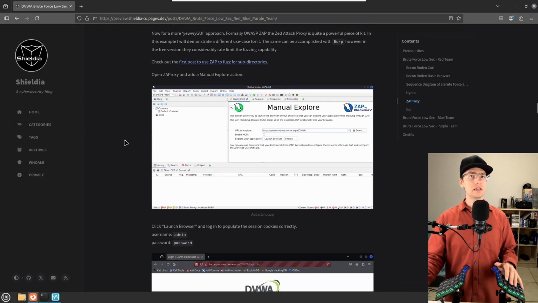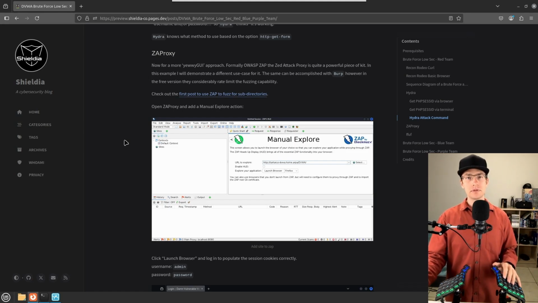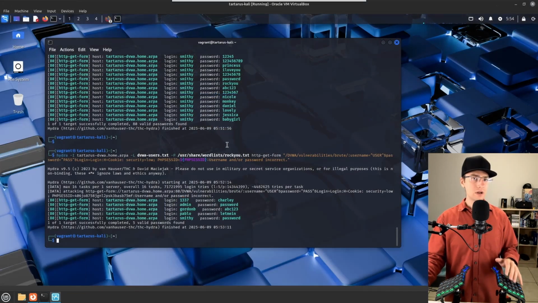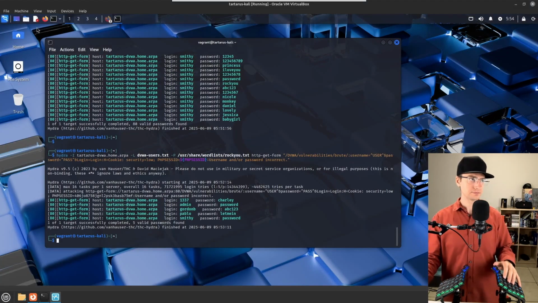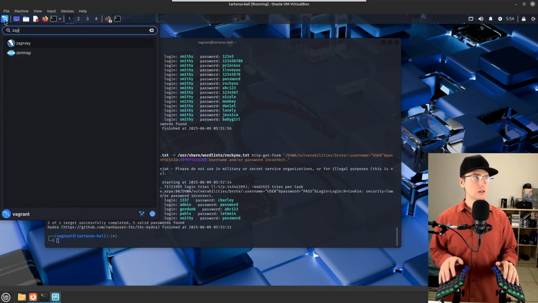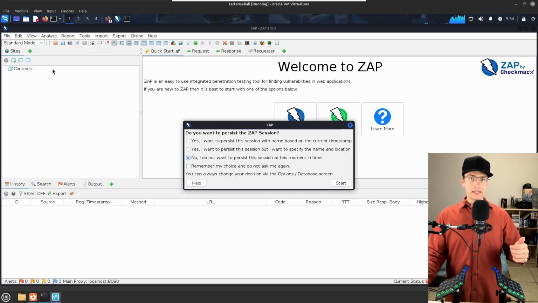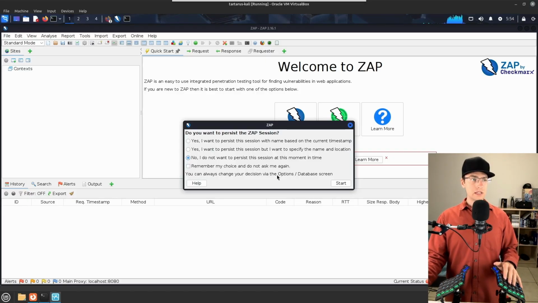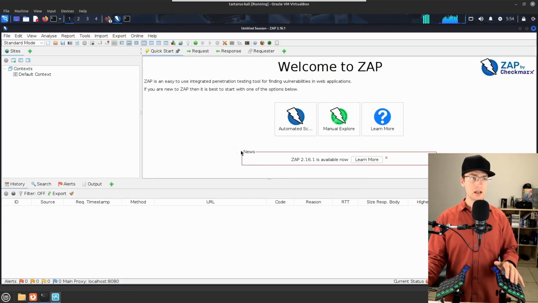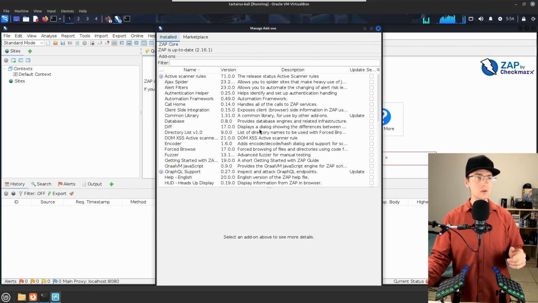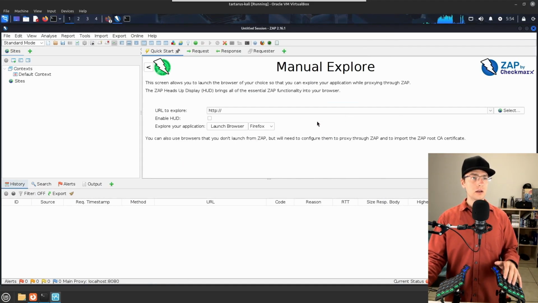Now with the ZAP, the Z-Attack proxy, I'll briefly demonstrate how we could do a similar process with that. Again, you're going to want to install it. Installation steps are sudo apt install zaproxy for the Z-Attack proxy. We're going to not persist the session at this time. We can do a manual exploration for